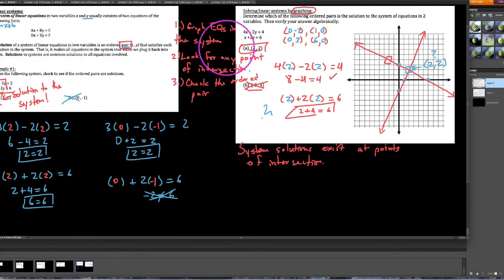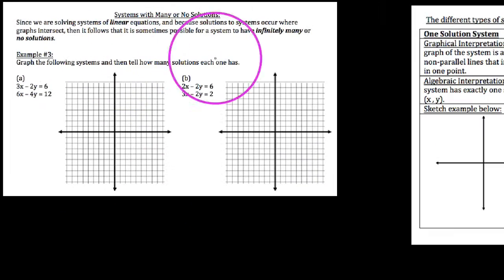Or if I had 2 lines that were exactly the same line, they would overlap at every point, and we would get solutions to the system that are all real numbers. So since we're solving systems of linear equations, and because solutions to systems occur where graphs intersect, it follows that sometimes we're going to get infinitely many solutions, or no solutions. So really quickly looking at these examples, and then we'll wrap it up by describing them over here,